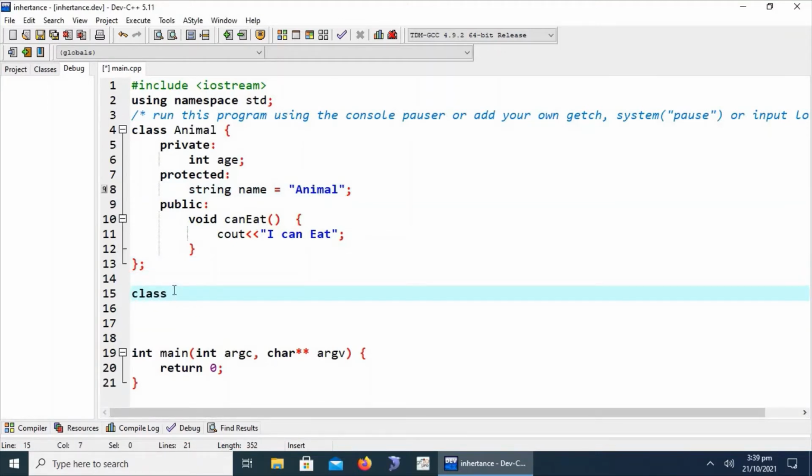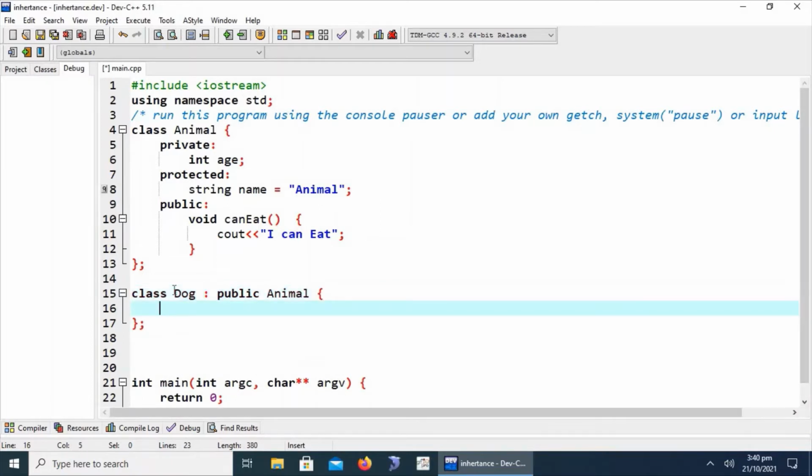Okay, let's create a derived class. Let's suppose we are creating a dog class derived from this animal class. We have to specify the scope of the derived class. We are specifying here public animal.